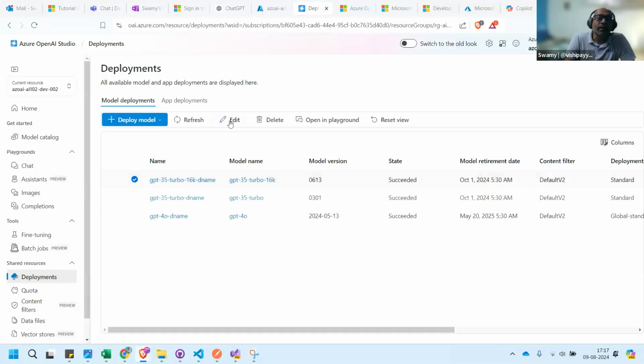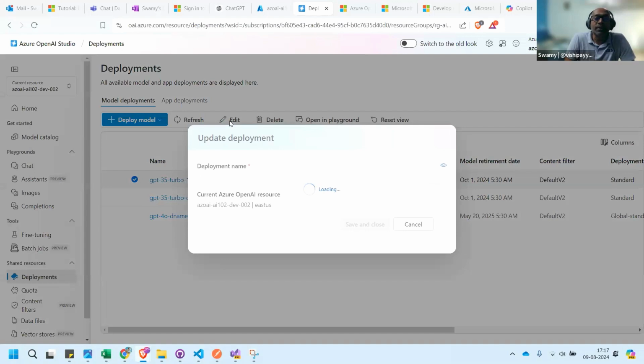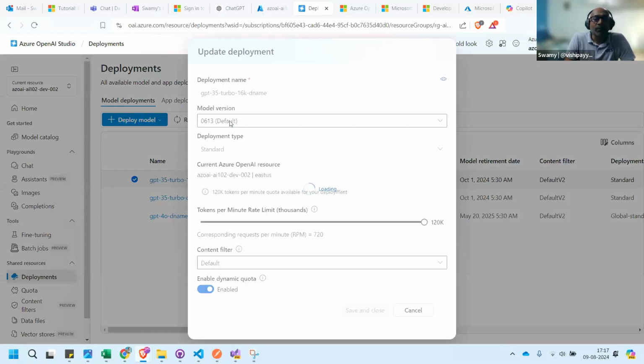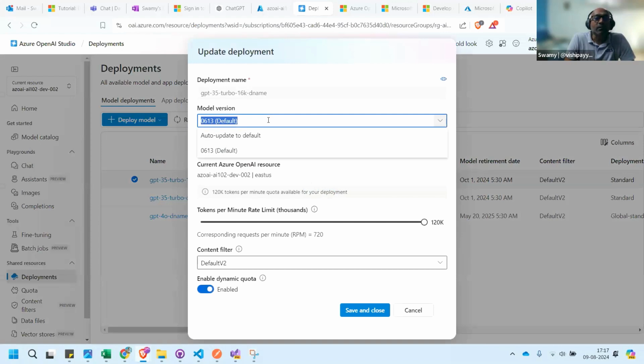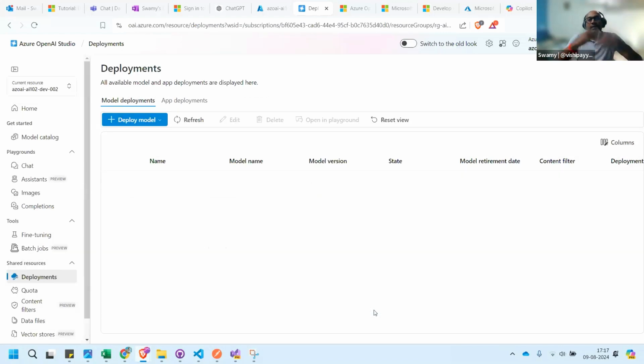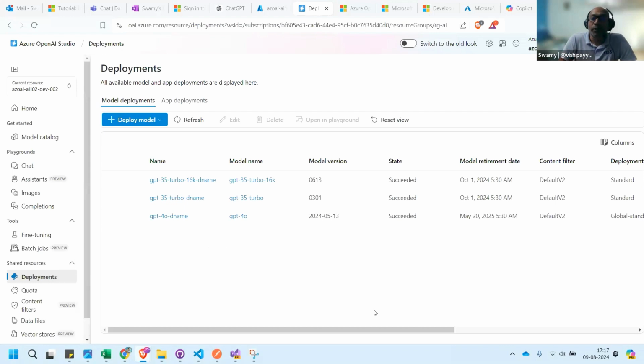For the Turbo 16K, I think I updated a couple of hours ago. I am leaving it on auto-update so it takes care of going to the latest one. You can see the model versions are also given. Right now we have 3 different models deployed.